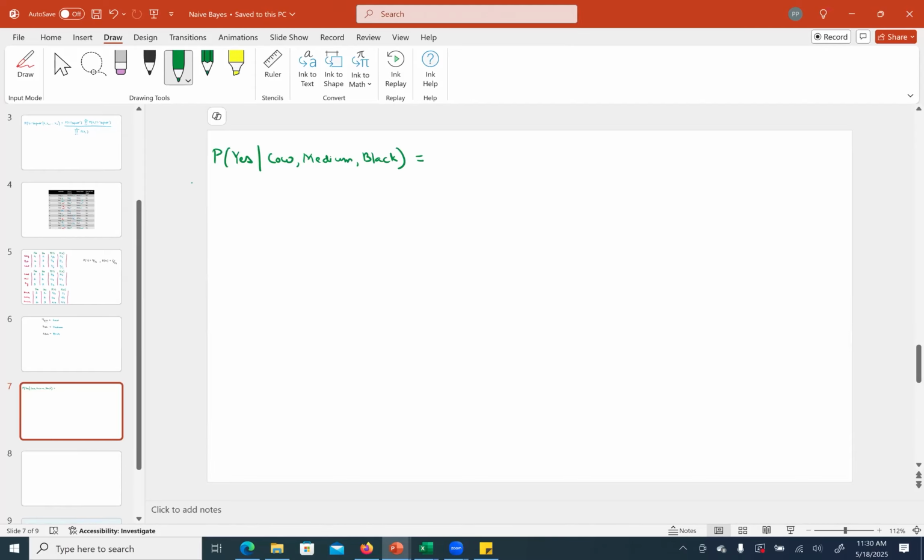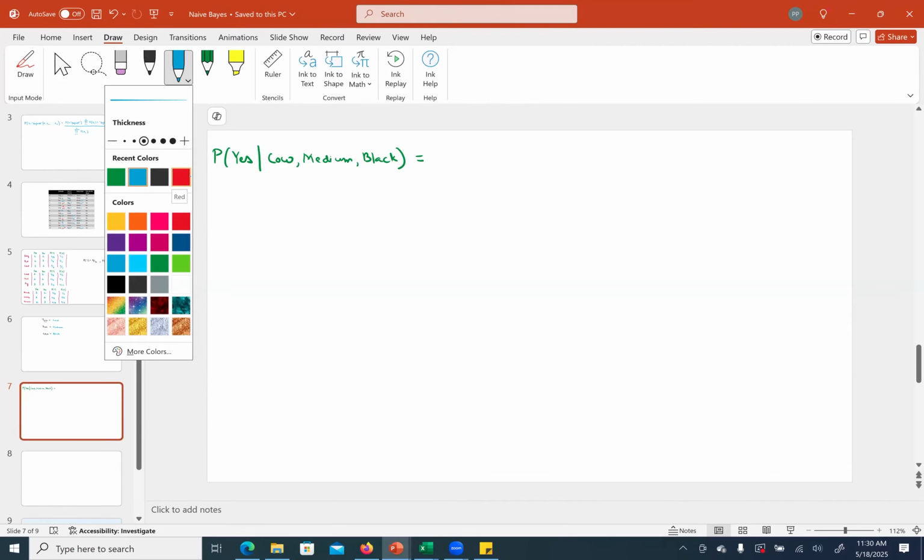Given these three things, I want to find the probability that I should be petting it. If I simplify this,